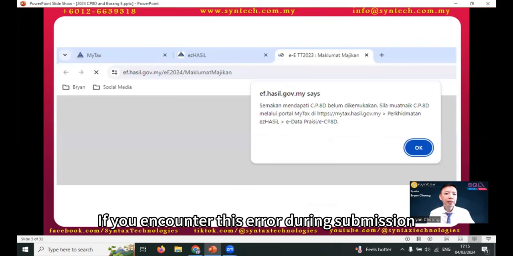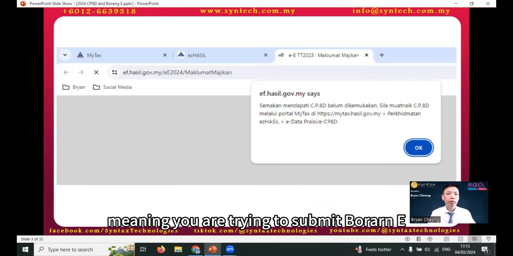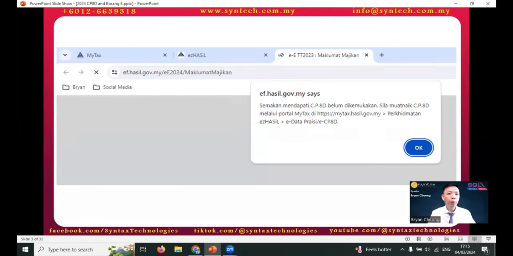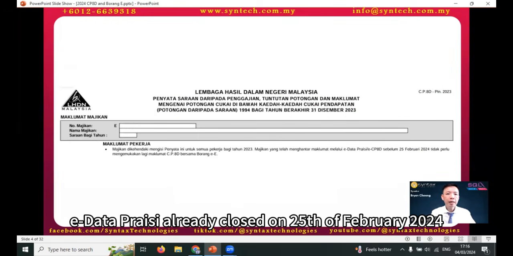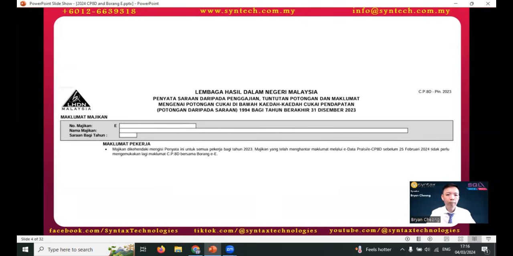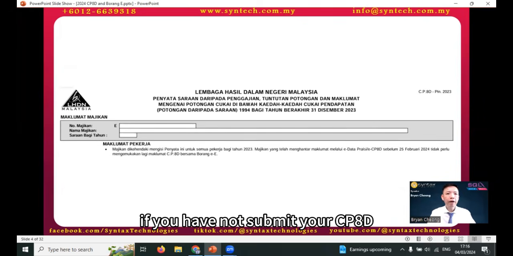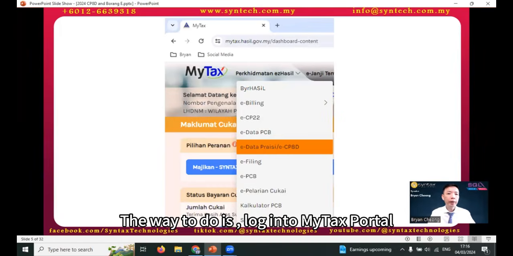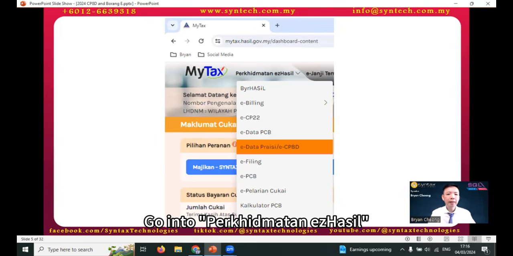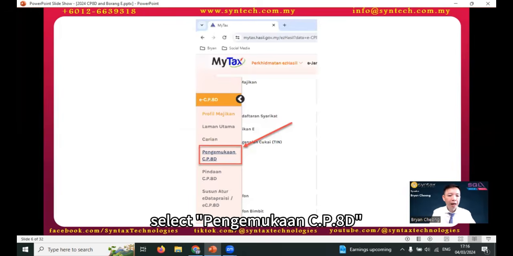If you encounter this error during submission, it means you are trying to submit Borang E without submitting CP8D. We understand that e-data privacy already closed on 25th of February 2024. Starting from 1st of March, if you have not submitted your CP8D, you need to do it through MyTax Portal. The way to do it is to log into MyTax Portal, go into Perkhidmatan Izin Hasil, select e-data privacy /e-CP8D, select Pengemukaan